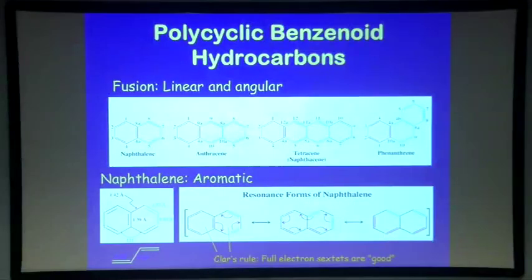So the first one is if you fuse 2 benzene rings to each other, they share a double bond that's called naphthalene. Naphthalene is aromatic. If you look at the structure, it's got essentially the same bond length, slightly desymmetrized because the molecule is not symmetrical. So this bond is slightly different from that one, and slightly different from that one. But they're all around 1.4 angstroms. All the bond angles are 120 degrees, more or less. You can compare this to butadiene. If you just look